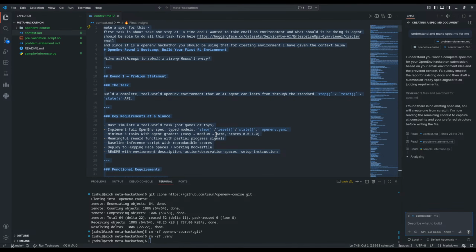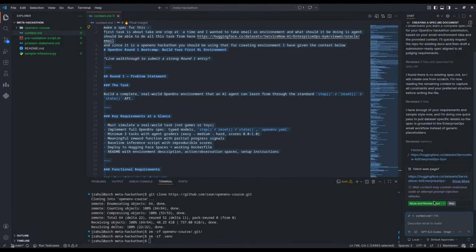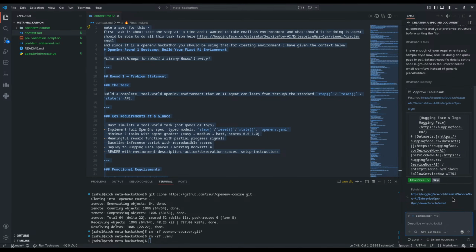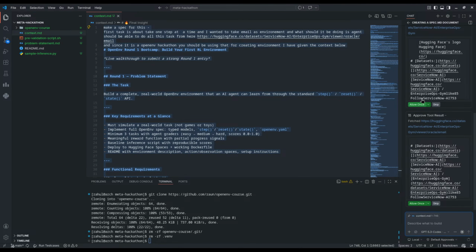So let's try to create a spec for email. Okay. I think most of the other things have been covered in OpenEnv for calendar. So I'm thinking of switching it with this.